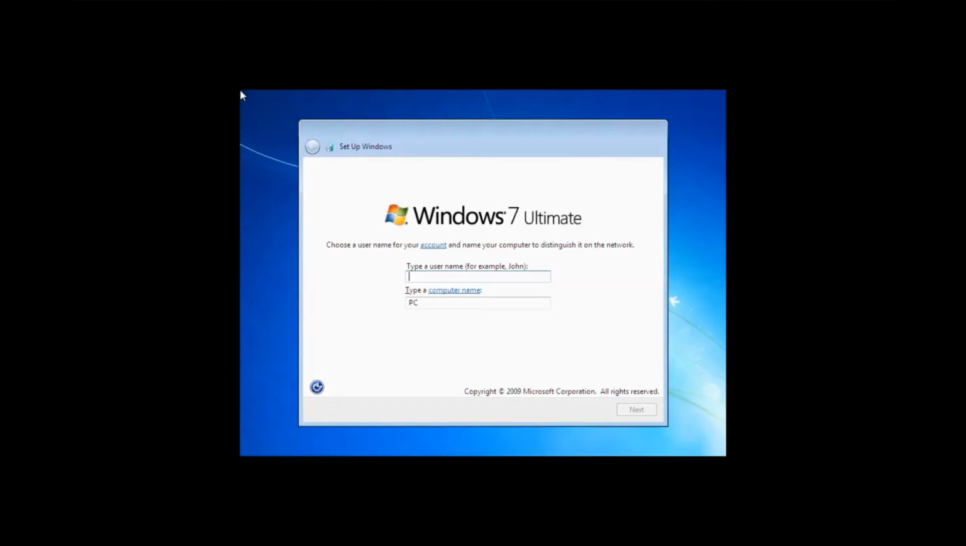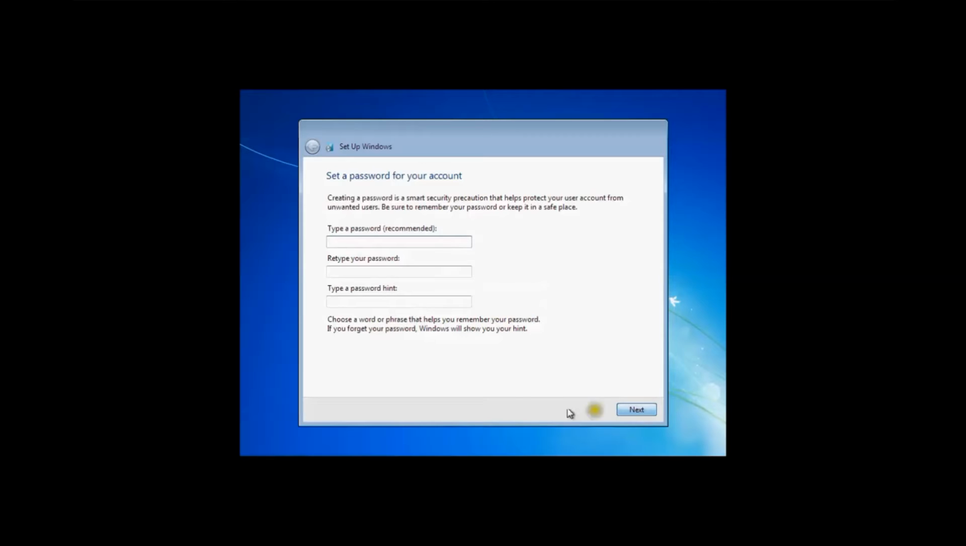Okay, so our Windows 7 is ready. You can give a name to your system. Say it's Rocky, and you take the default computer name as well, and you select a username for this, like Rocky. Next, select next. And if you want to give a password for this, you can select password, retype your password,